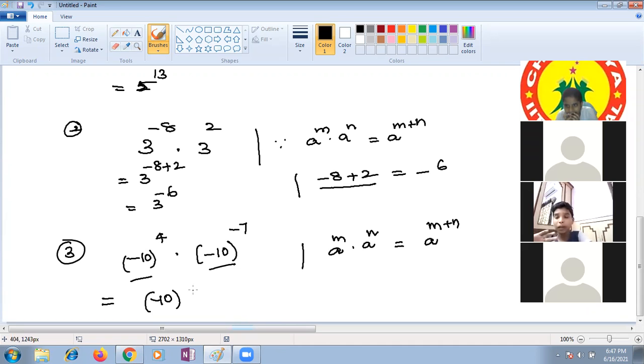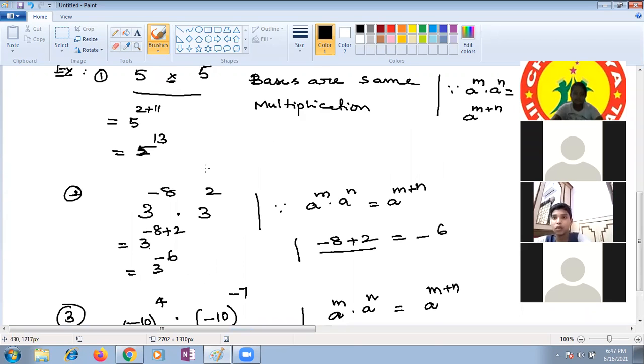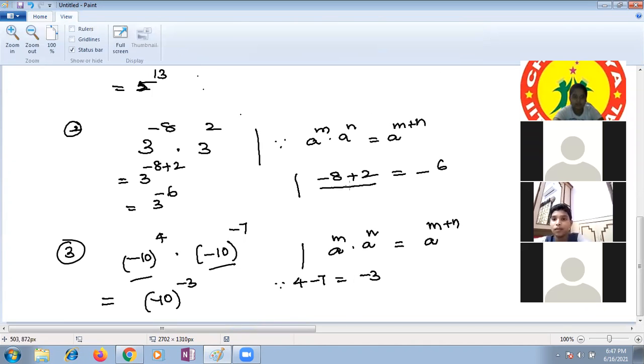Ma'am, 4 minus 7. 4 minus 7, what are you getting? Please tell that. I want the value of 4 minus 7. 3. Which sign? Minus 3. Yeah, signs are like your parents. If you say it wrong, you are neglecting your parents. Right. This is the way we are going to see the questions.